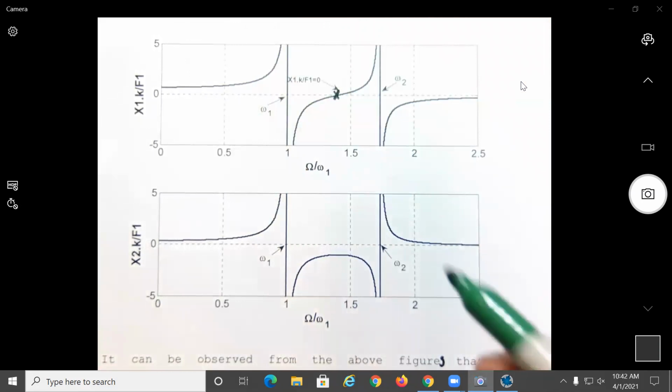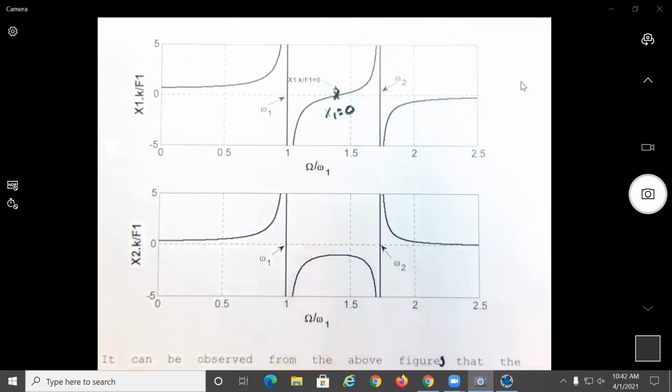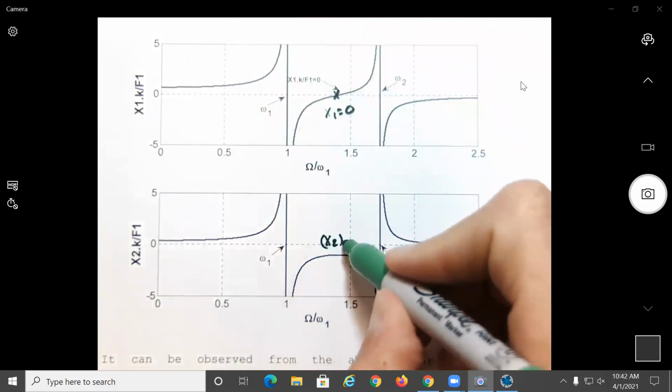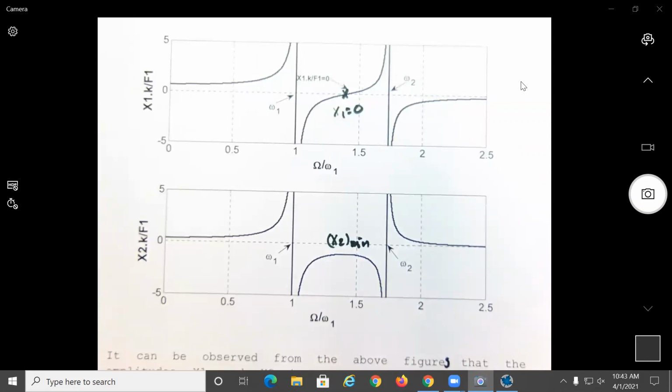If you operate over here, what are you going to have? x1 equal to 0, and here x2 will be what? It actually will not be the minimum, but will be pretty reduced, no? Okay? Does that make sense? All right, so